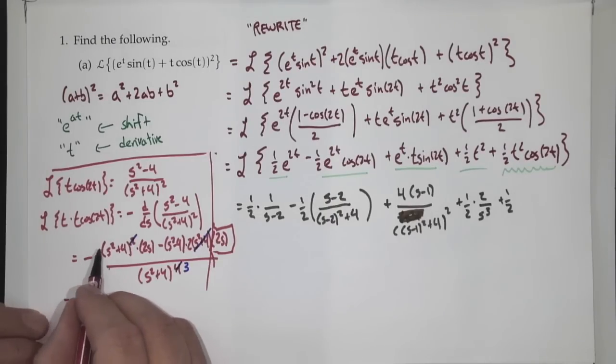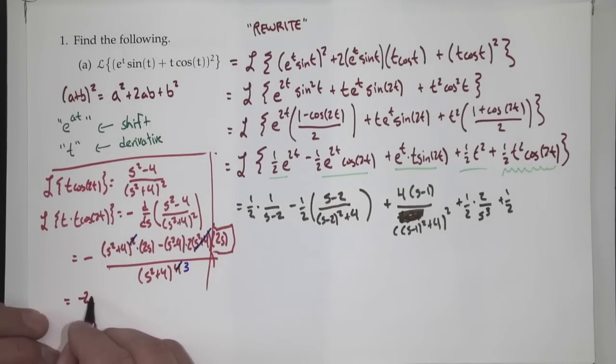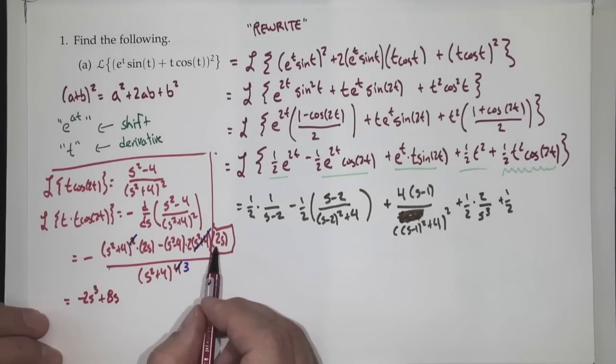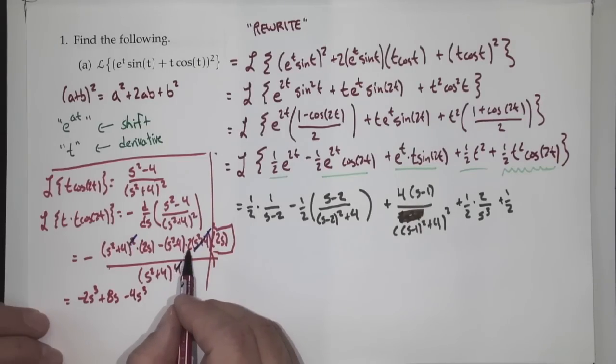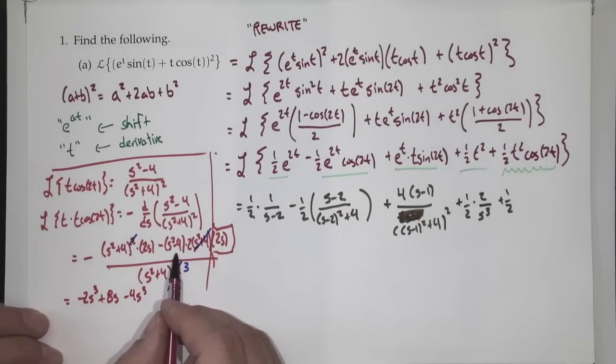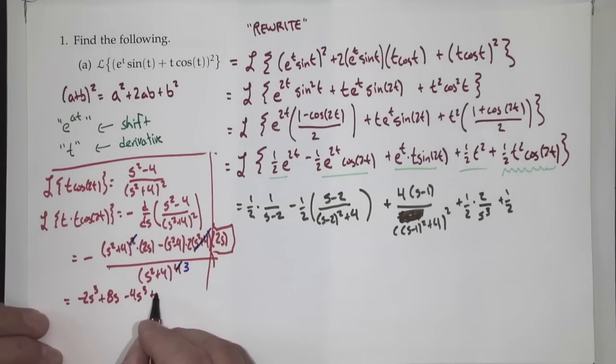Okay, all right. Minus 2s cubed plus 8s. Then there's going to be a minus 4s cubed. And then there's going to be a 2 times 2 times 4, excuse me, plus 16s over s squared plus 4 cubed,